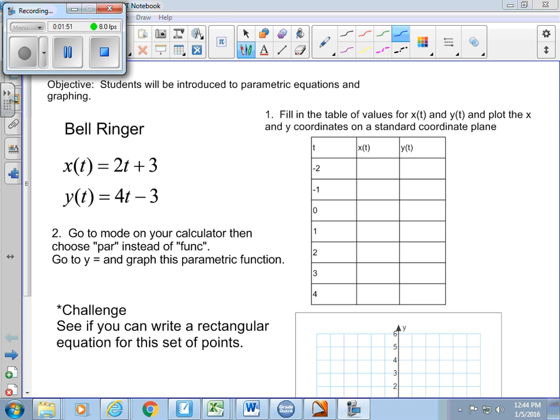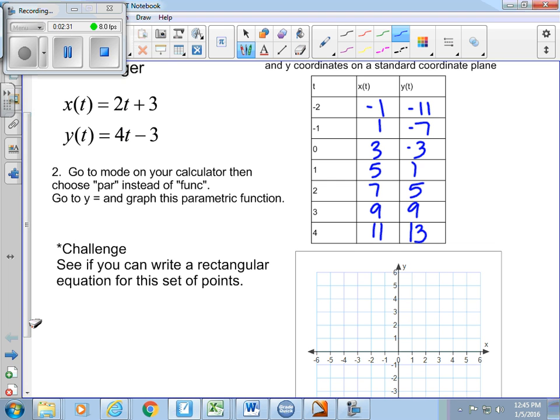But so fill the table of values for x and t. And plot the x and y coordinates on the standard coordinate plane. So I plug -2 into x of t, and what do you get? And what do you get when you plug -2 into y of t? And so I can plot those,